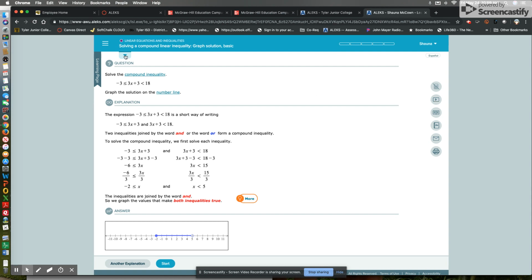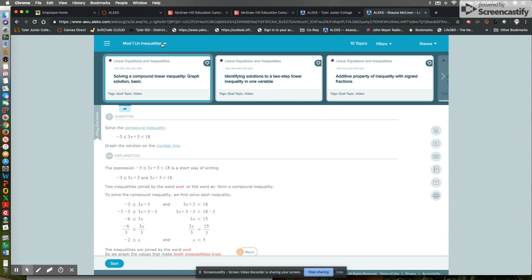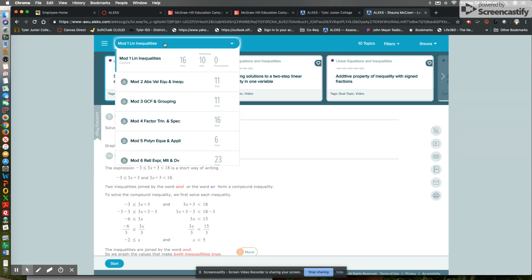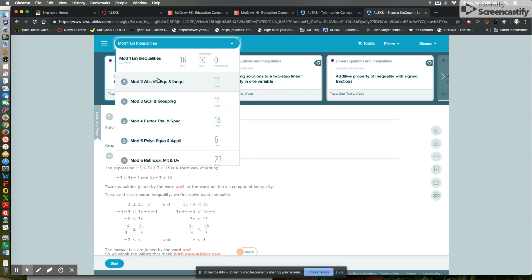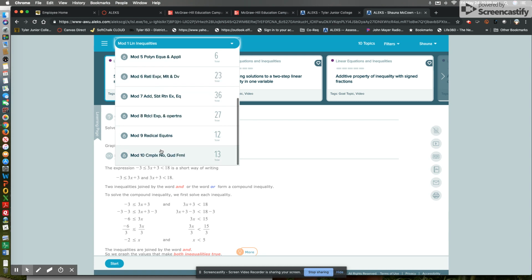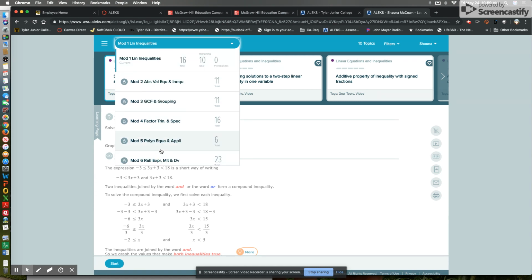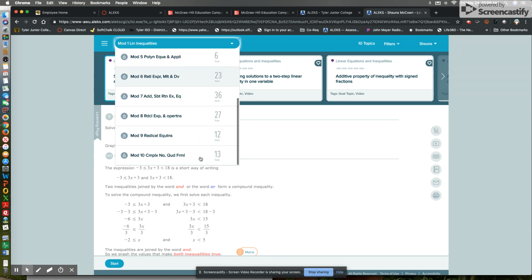Okay, so I'm going to come back down here in the carousel again, and I want to click on my modules. This right here is like my book. I've just opened up all the topics that we're going to be doing in this class. So if you'll notice, module 2 is locked. It's because I haven't completed enough of module 1. So you've got a percentage that you have to meet in order to move down and open up these topics, okay,